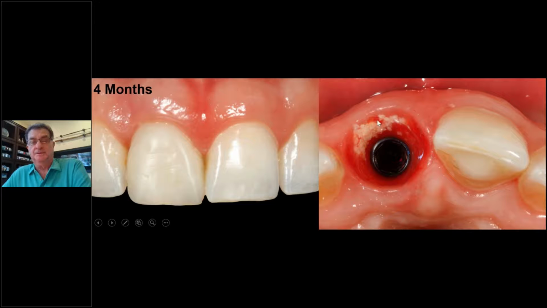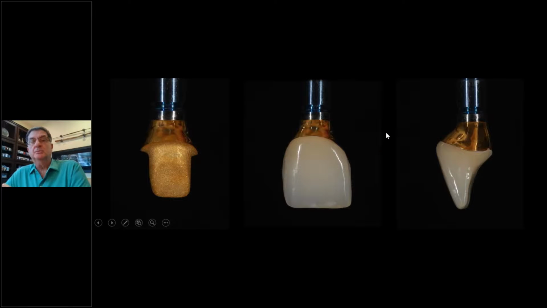Now the tissue was thick, but these particles, the good news, it didn't work out the buccal, but it's coming out the sulcus. In fact, see this little spot? See that little spot here? That is the same spot as you see here. You don't see it. It's the same day. It's right there, right there. That's that little spot. It's working its way out. So Steve said, should I take it out? I said, no, leave it alone. We kept going.